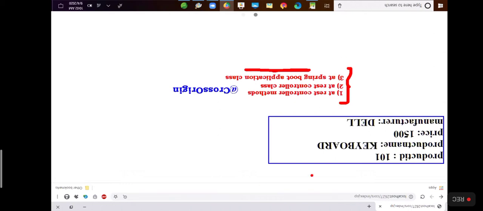Okay now, this is called what? Cross origin resource sharing support. What does it mean? When you make any request, the JavaScript running on the browser can call REST endpoints running on different servers.